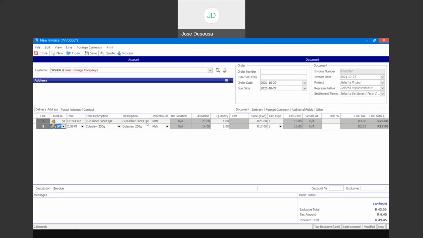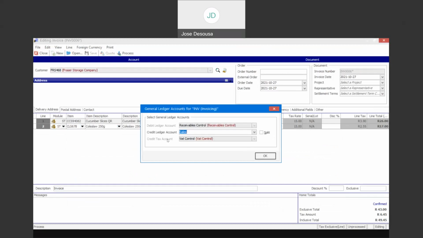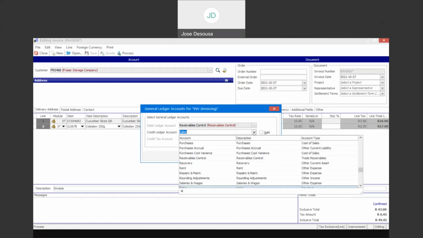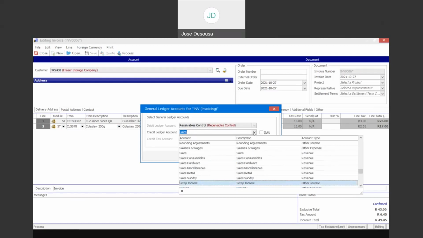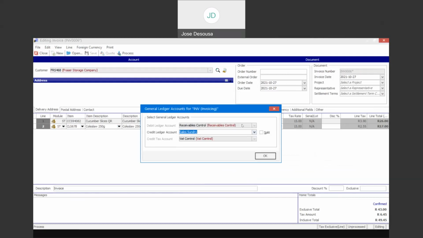So currently we're saying that based on the invoicing transaction type, it's going to update the customer's control account and the sales account. So I'm going to process the transaction. And what you'll notice now is that I've got the ability to use a prompt. So at this particular point, these are my default accounts. However, I can, for example, say I'd want to update a different sales account. So there we go. And I'm going to update the sales sundry account for this particular transaction simply because I've enabled the prompt on my particular transaction type. And I can process the transaction